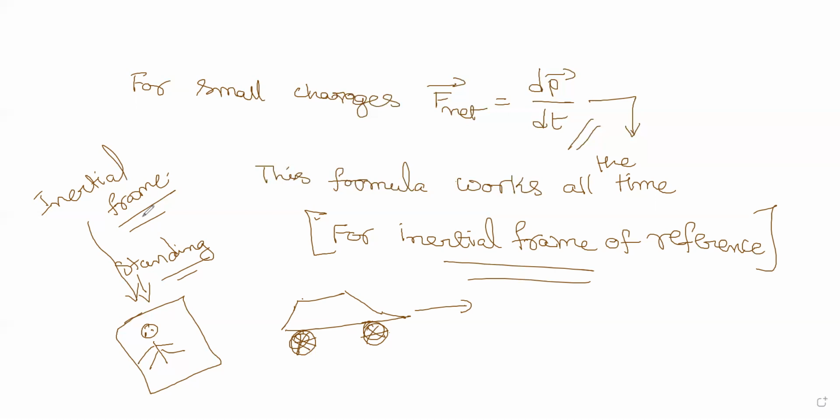So at a particular moment of the movement of a car, when I am watching the car, I can consider that I am looking from a frame of reference which is called the inertial frame. Sometimes it is also called the laboratory frame of reference. Okay, this is the hidden thing that is there. That is the first thing.